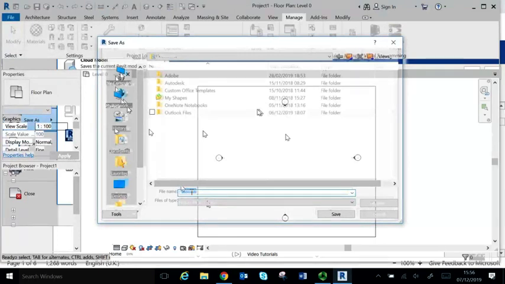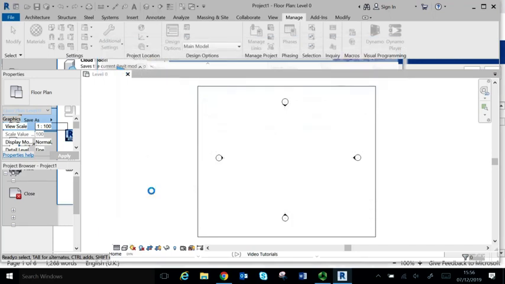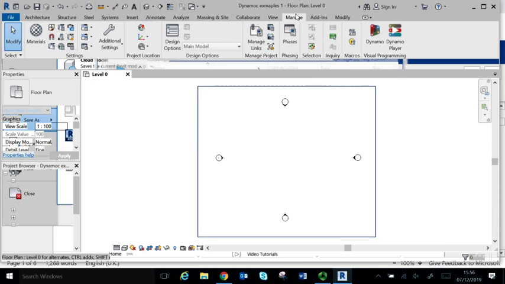I'm saving it in the downloads, Dynamo examples 1. And in the manage, I use the construction template this time. In the manage, Dynamo,